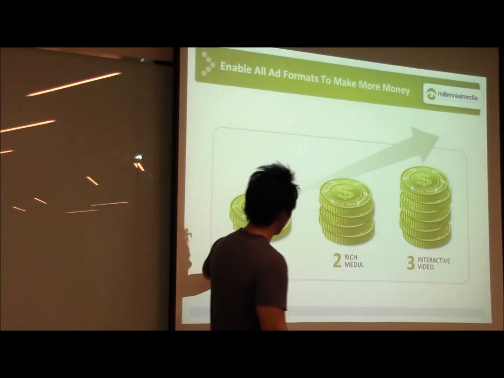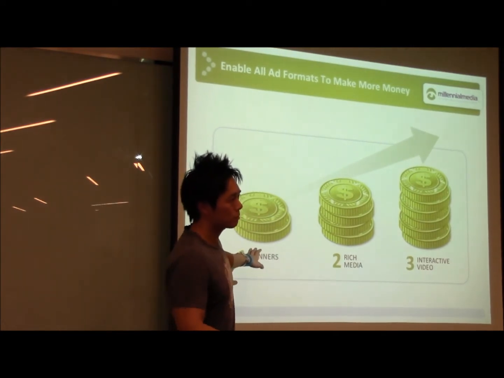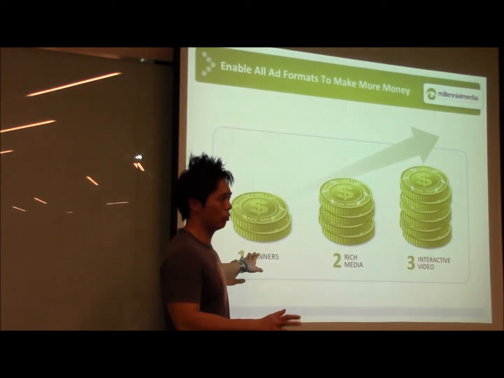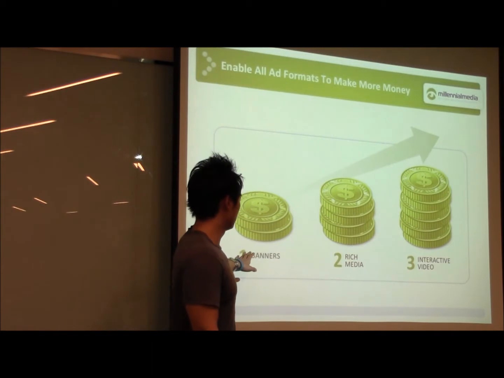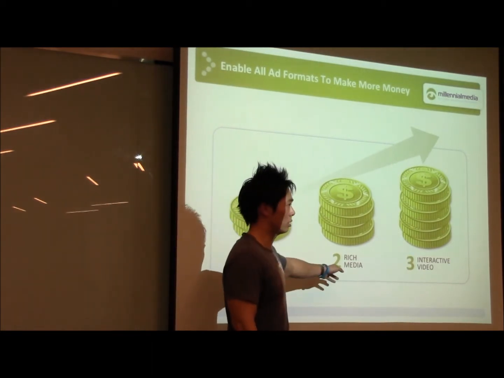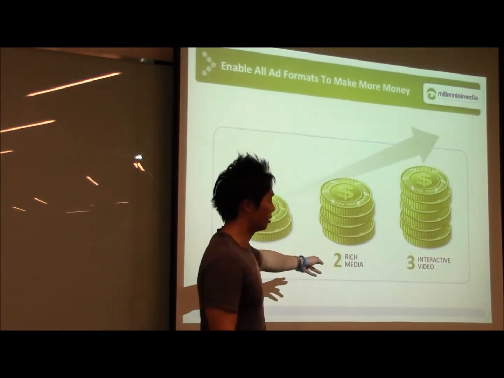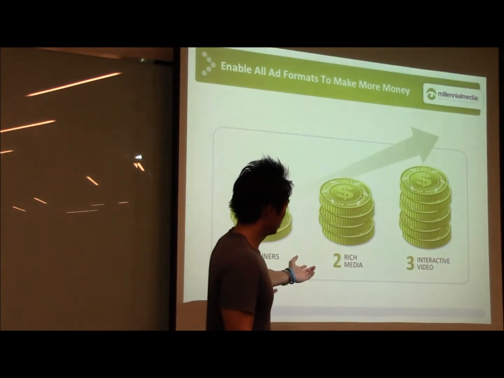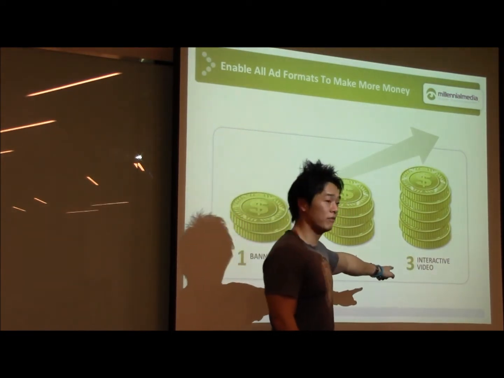I can tell you, banner ads, eCPM, 50 cents to $1.20. Rich media, your eCPM could go higher, $1.50, $2 maybe. Interactive video,